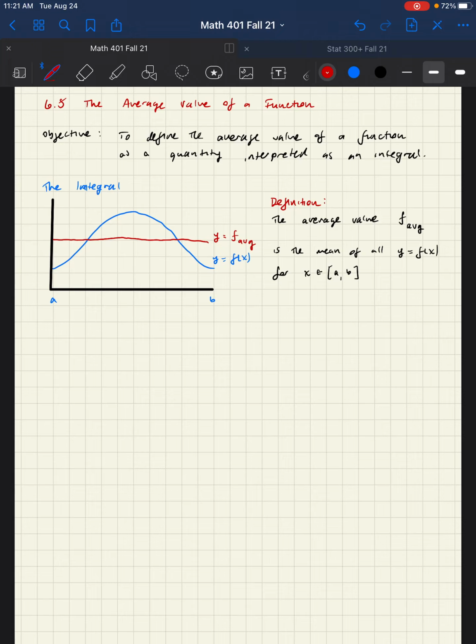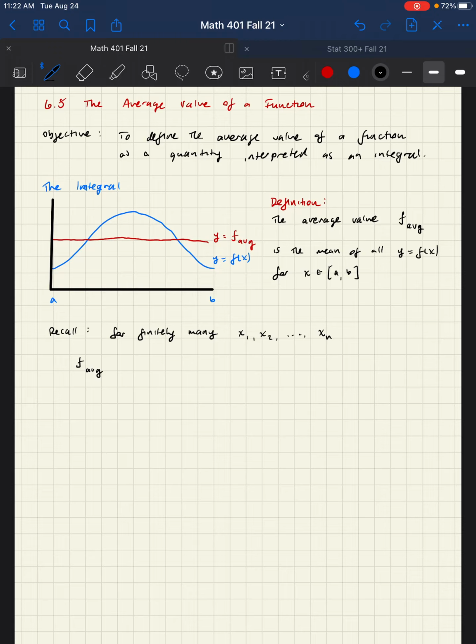You would expect that if a function is constant, then it should be just that function value. But how do we actually find this value? We know how to do this for finitely many function values, right? So if we build our intuition, think about what average means. So recall that for a finite number of items, for finitely many x sub 1, x sub 2, ..., x sub n,